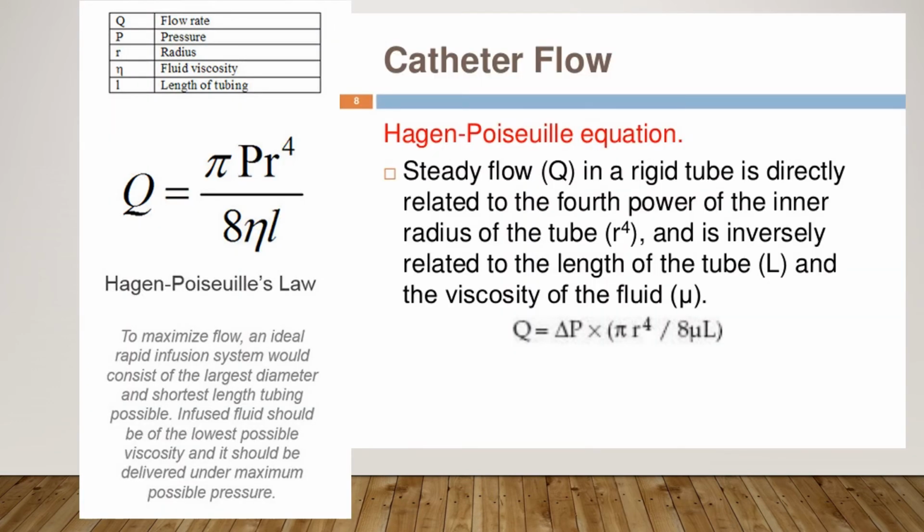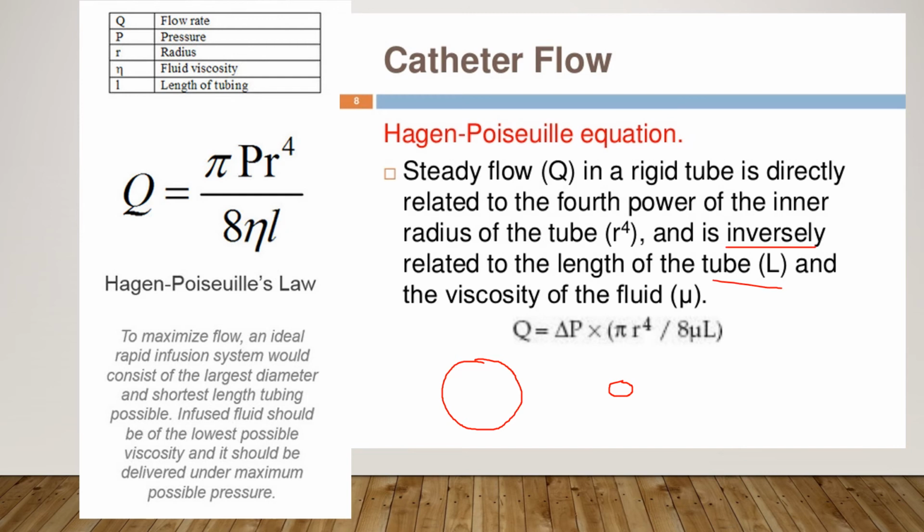This is a very important equation in ICU for understanding. Basically, it says that steady flow of a liquid or air in a rigid tube is directly related to the fourth power of the inner radius of the tube, r to the power 4. So the bigger the radius, or the bigger the lumen, or you can say, suppose we have two lines, this and this. So this is a bigger lumen. This will have a higher, faster flow than this, and is